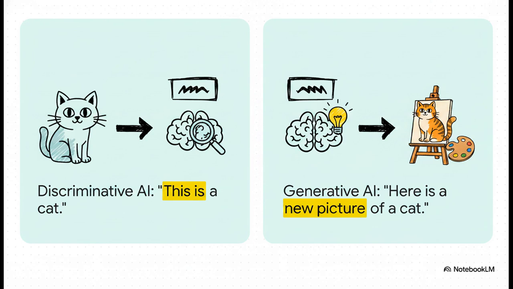This comparison right here, this really gets to the heart of why this is such a revolution. For years, most of the AI in our lives was what we called discriminative. You'd show it a picture and it would tell you, yep, that's a cat. It's basically a very smart labeler. Generative AI flips that completely on its head. You tell it what you want and it says, okay, here is a brand new, never-before-seen picture of a cat. So one just labels the world, the other actually adds to it.